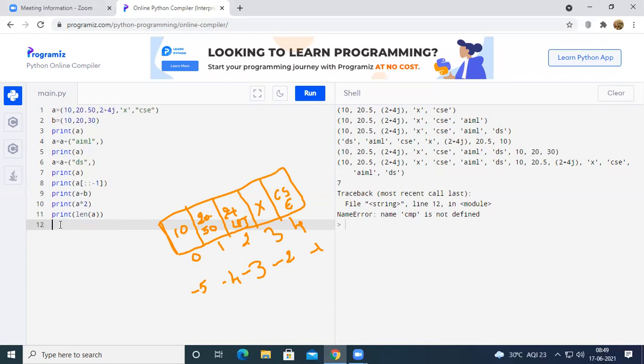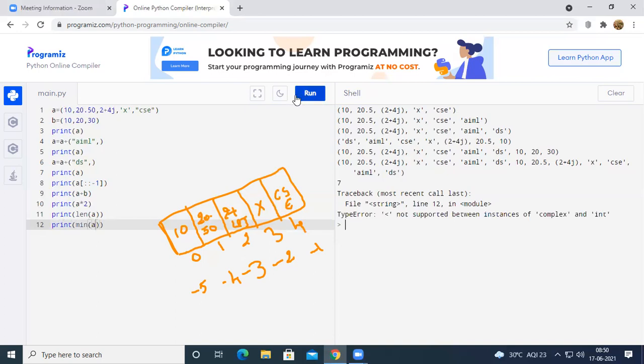If you want to see the minimum value and maximum value inside a tuple, see, inside a list, if I want to find the minimum and maximum value, I have used the min and max functions. Similar to that, here also we can use minimum and maximum functions in order to find the minimum value and the maximum value.